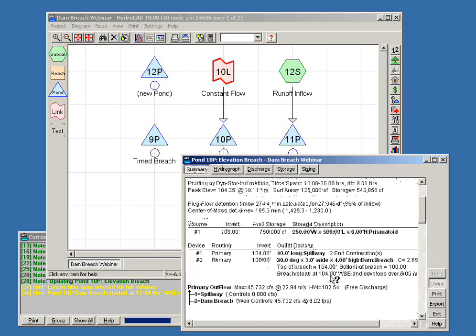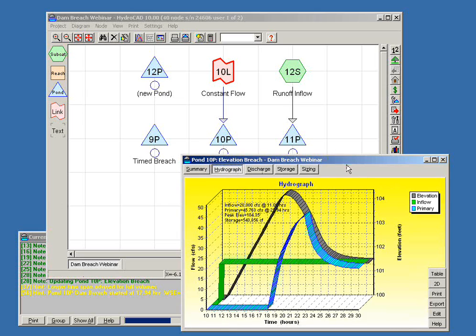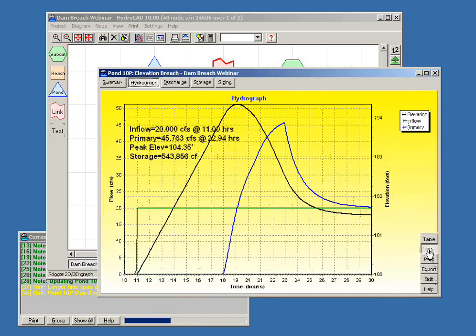Coming to the summary tab, we come down to our breach. You'll notice that the breach starts here at 104 feet of elevation in the pond, and it takes 5 hours to develop after that is achieved. So let's come over to the hydrograph, just take a closer look at what's going on here. So if we look at the elevation curve, our trigger is actually happening up here at 104. So 104 is where the breach begins, and you'll notice that in fact if we come down at that time,